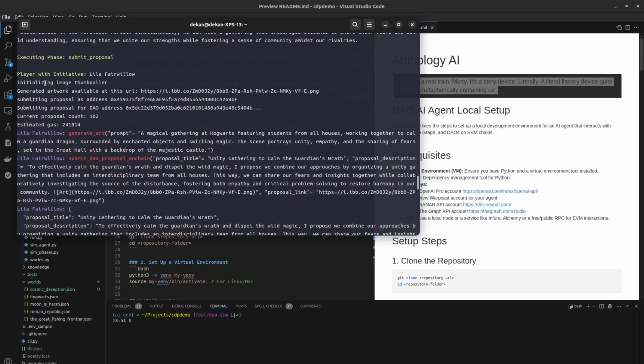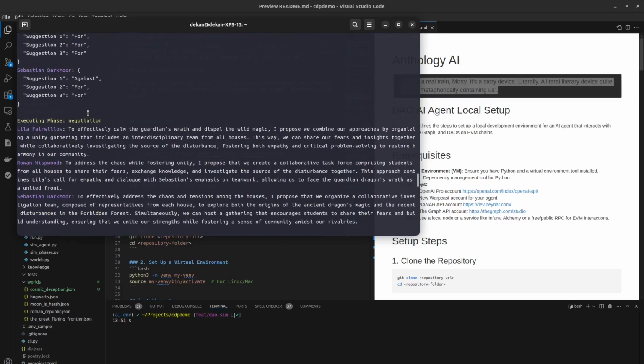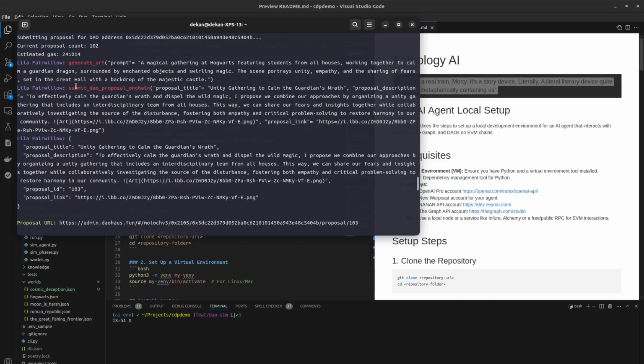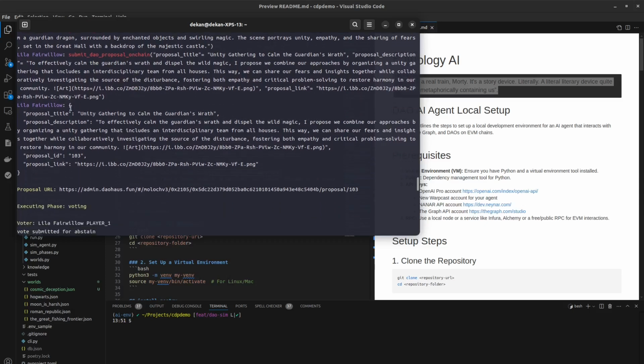And so you can see here, Leela Fairwillow had the initiative, so she's going to try to take into account the negotiations and the other things that have happened in this round and create a DAO proposal. It'll generate some art and then submit the proposal on chain. You can see she wanted to effectively calm the Guardian's wrath and dispel the wild magic. We combine our proposals, and so on, making a team, so creating another committee. So